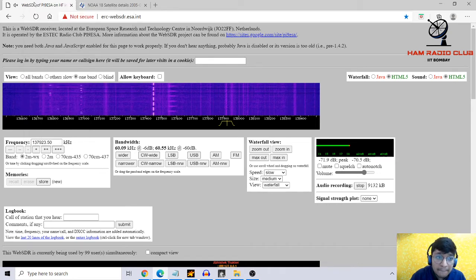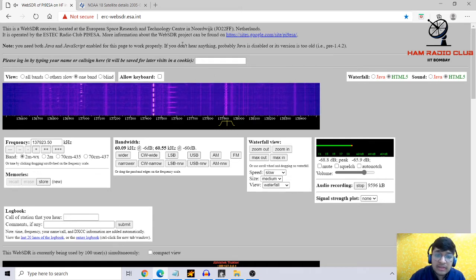So Anuj, there is one common doubt that people are not able to hear the sound from WebSDR. Okay, like I mentioned before, but I'll repeat it, here also it is saying that Java and JavaScript are both needed for this page to work properly. Generally, even I'm using Microsoft Edge. When I use Chrome, I don't get any voice from WebSDR.